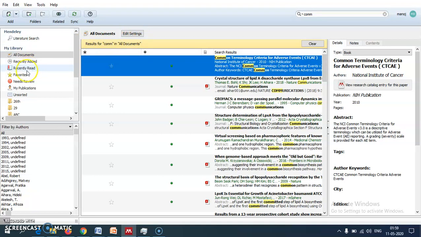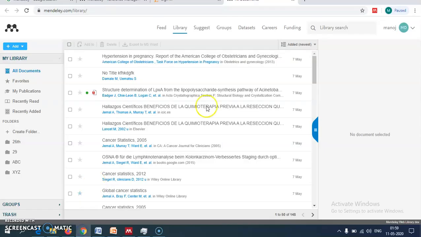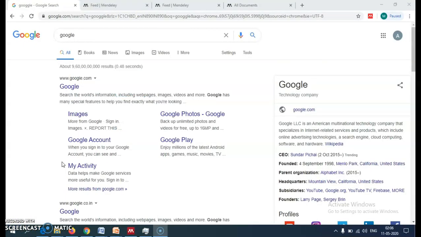Now second, you can add by using the web browser. For that purpose, we have to go to the web browser. Most of the time we do the literature search using Google, and Google has Google Scholar, where we have various kinds of research literature information.